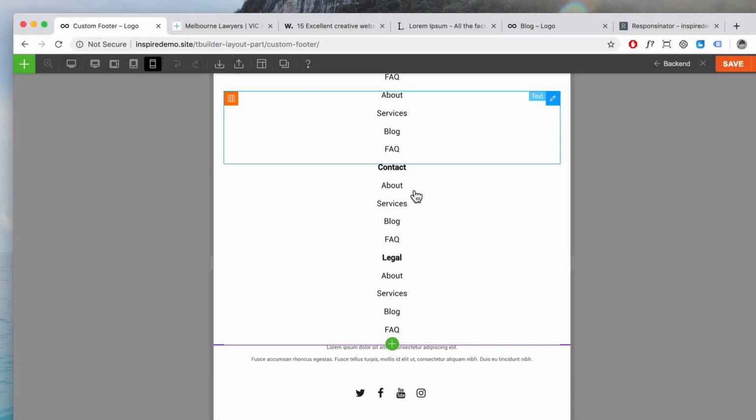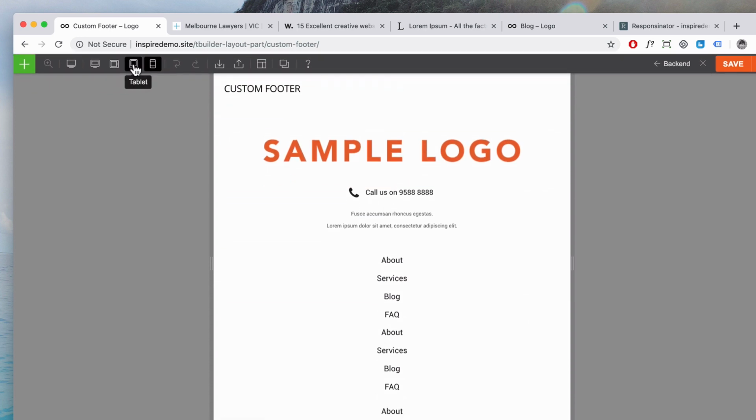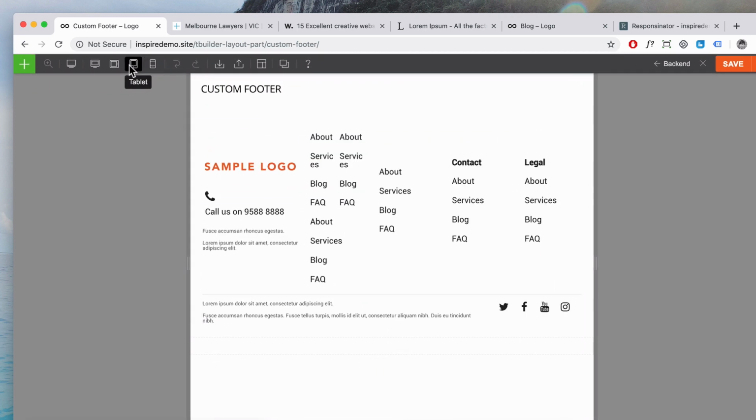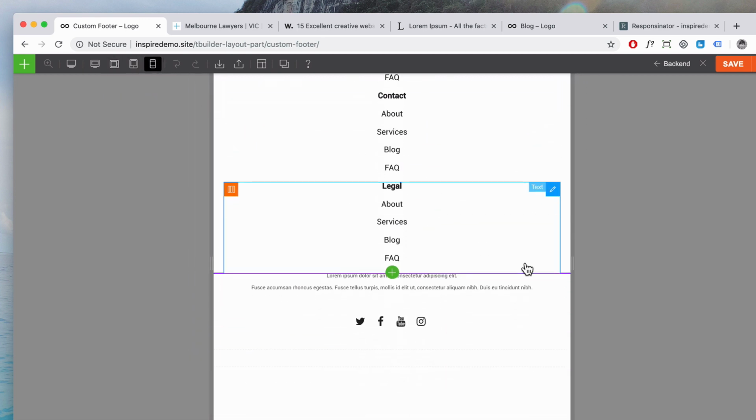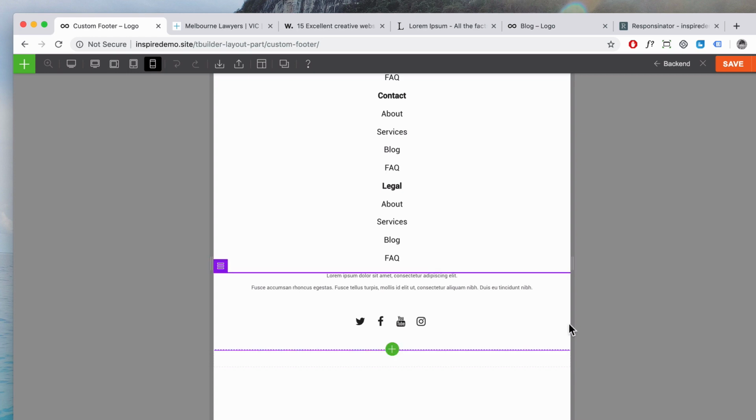Okay, so if it doesn't actually scroll down, what I found is that if you click on tablet, or if you click on one of these one time and then you go back to your mobile, then you'll be able to scroll down. Okay, so I'm just showing you how to do this in pretty much real time, so you can see the mistakes that I make and basically the whole process of creating a custom footer